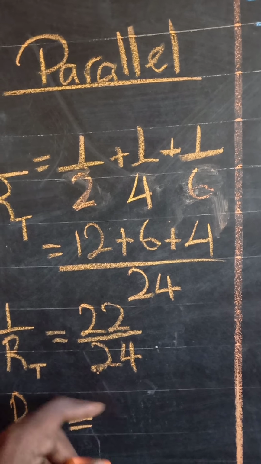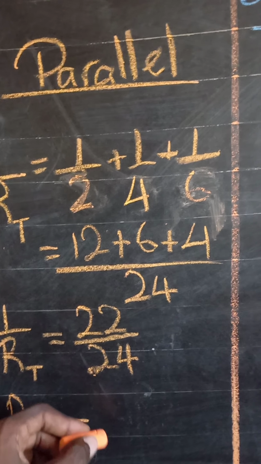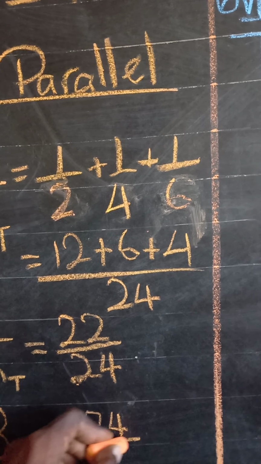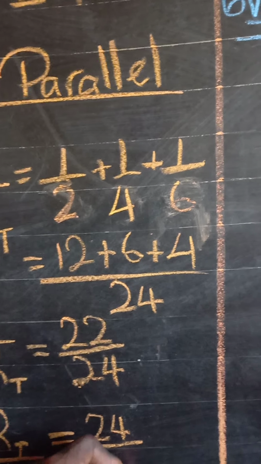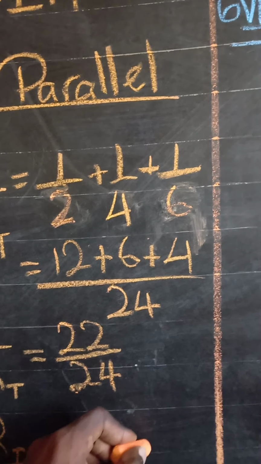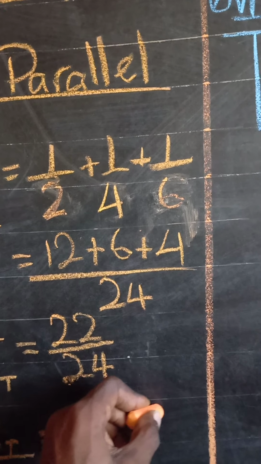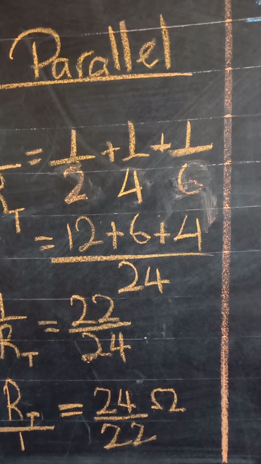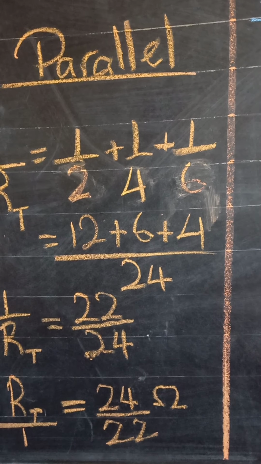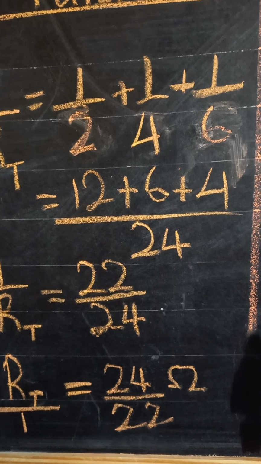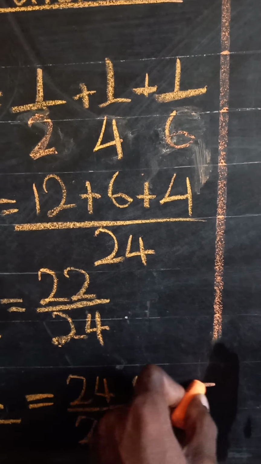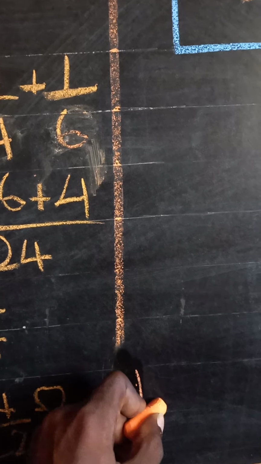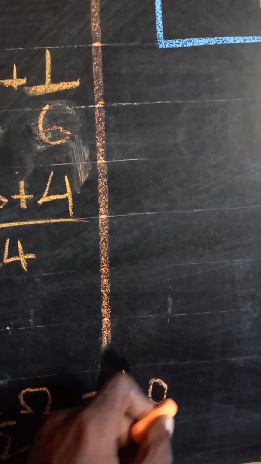So this is going to be equal to the reciprocal of this side, which is 24 over 22. And this is going to be in ohms. 24 over 22 ohms. And we're going to calculate this straight down to its simplest term in decimals. So in its decimal form, this is rounded off to be equal to 1.09